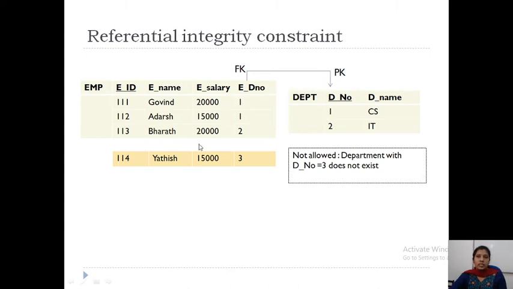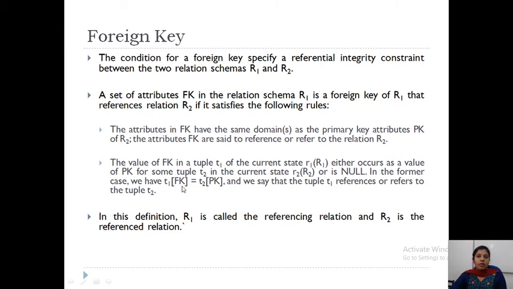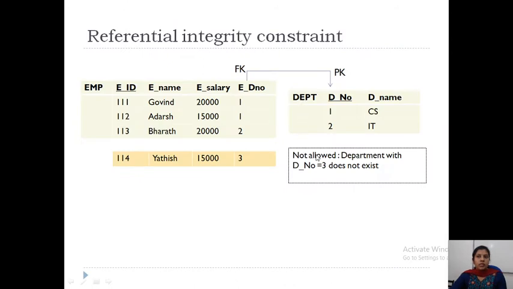See here, T1 of FK must be equal to T2 of primary key. Department is called the referenced table and employee is called the referencing table. So in the referencing table you will have the foreign key, and in the referenced table that must be the primary key of that table.